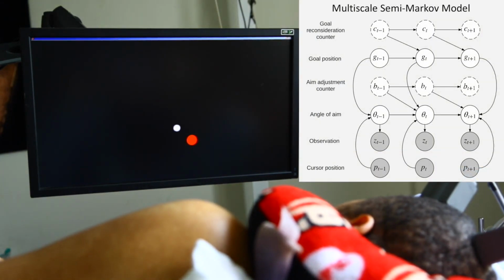The MSSM decoder, by contrast, represents goal position in addition to the intended angle of cursor movement. Through the use of Semi-Markov dynamics, the MSSM enables goal position to evolve at a different rate than angle, while allowing for a high rate of neural data acquisition. In this way, the MSSM can integrate across different timescales to more robustly infer the goal position and the intended